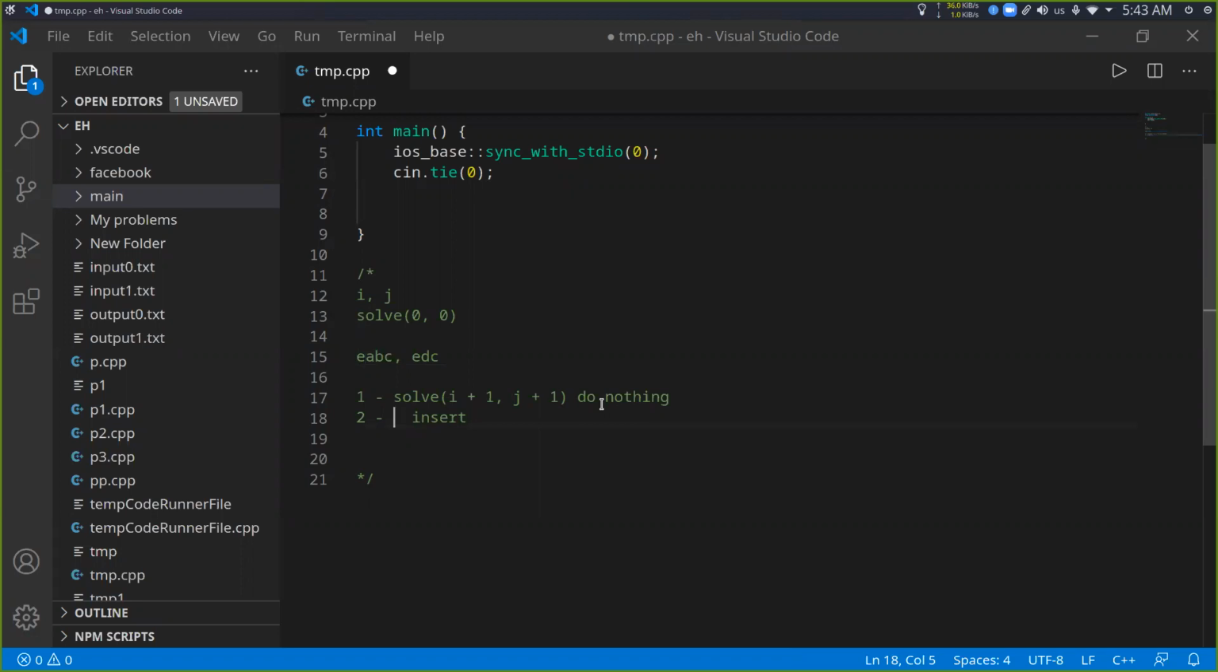So how will I tell our solve function that this happened? I'll just increase I by 1. Okay, I'll just increase I by 1 and keep J as it is. So what I'll do here is I'll make this solve I plus 1 and then J. So yeah,